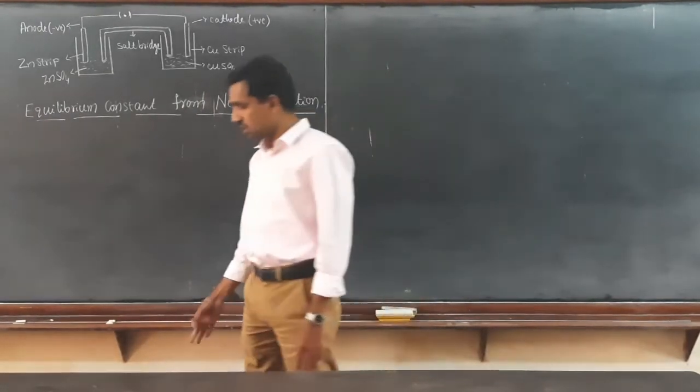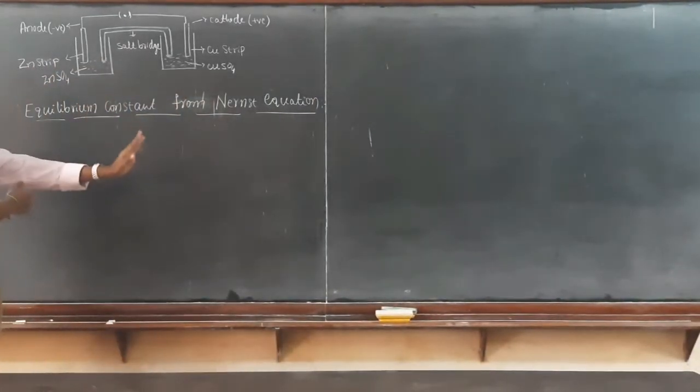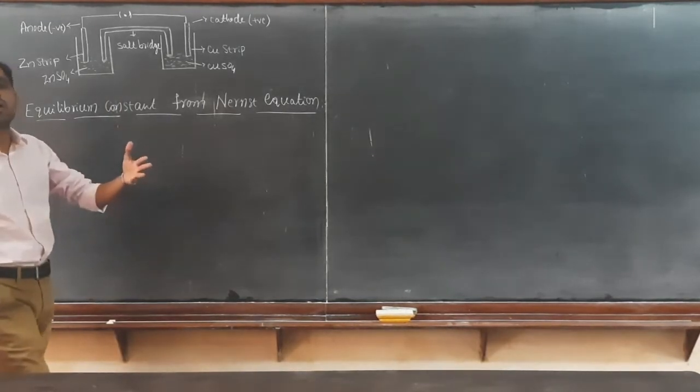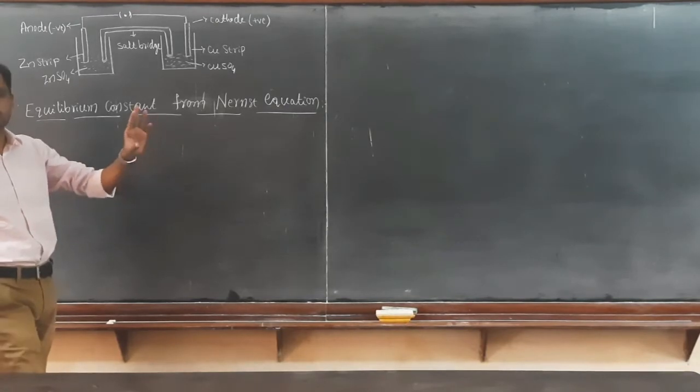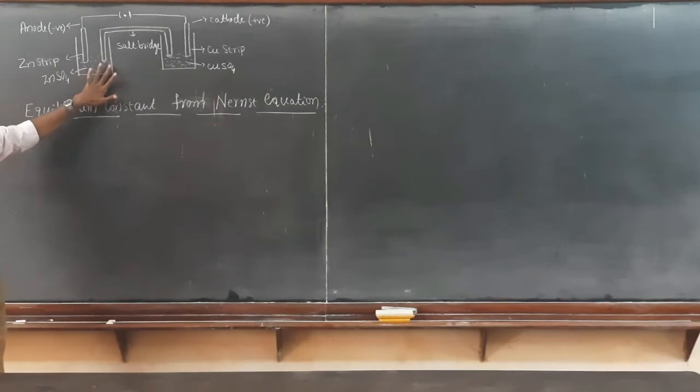The same case is applicable for a galvanic cell. In a galvanic cell, the reaction does not take place continuously; after some time the reaction will stop. That is, there is no flow of electrons and no generation of electricity. A simple example is this galvanic cell, right? So as the reaction proceeds, what happens?